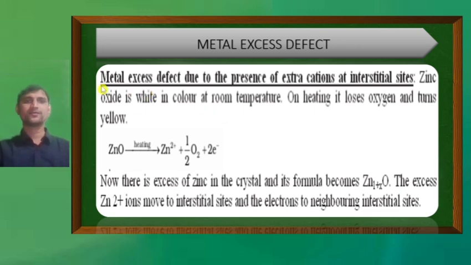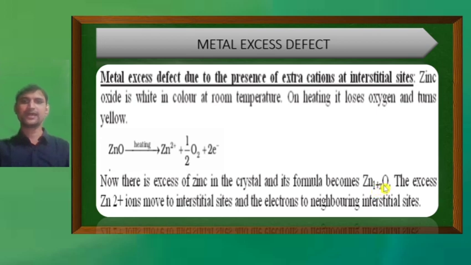This is also another process. In this process, metal excess defect occurs due to the presence of extra cations at the interstitial sites. For example, zinc oxide on heating gives Zn2+ plus half O2 plus 2 electrons. So these 2 electrons, now there is an excess of zinc in the crystal, and it forms